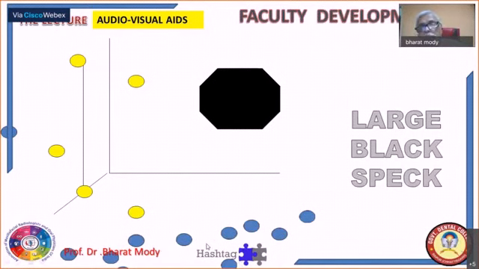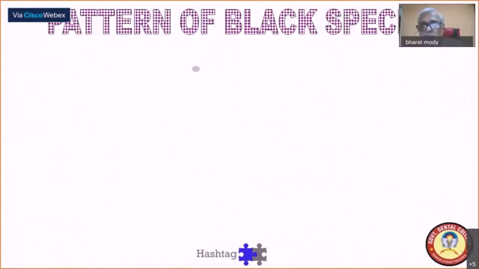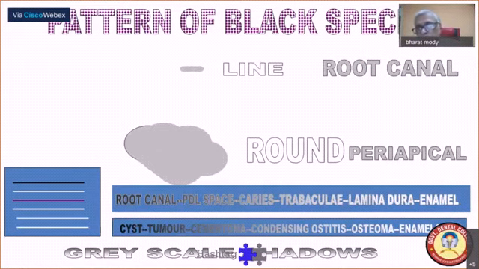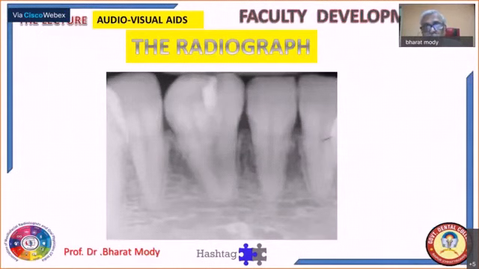Now, X-ray film has thousands and thousands of these silver bromide crystals. They will join together. If they join together and make a round shape, then it becomes a periapical. If it's a line, it is like your root canal. So from the root canal to the enamel, different shades of gray you can get,